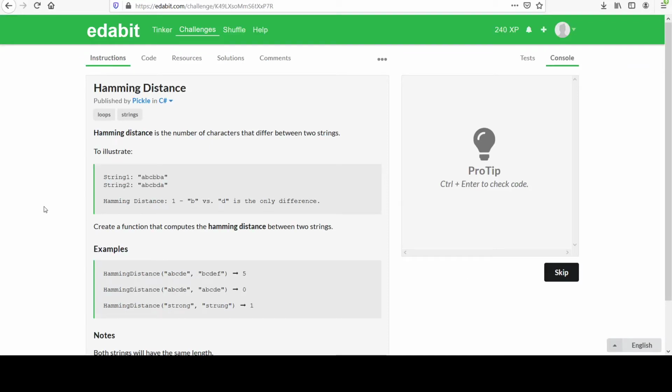Hi, your next programming challenge is entitled Hamming Distance. Hamming distance is the number of characters that differ between two strings. To illustrate, let string 1 be ABCBBA and string 2 be ABCBDA. The Hamming distance in this case is 1 because the B and the D in string 2 is the only